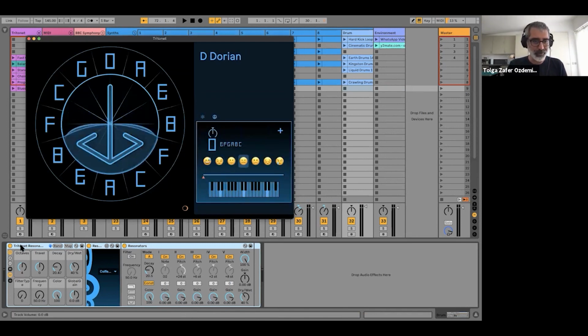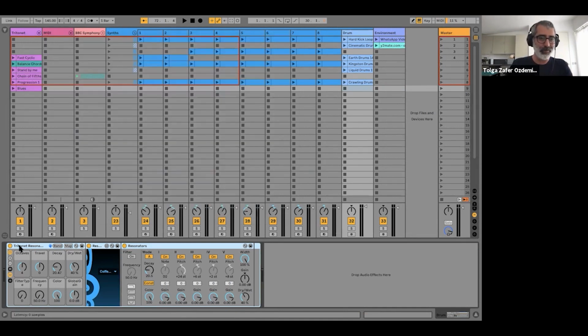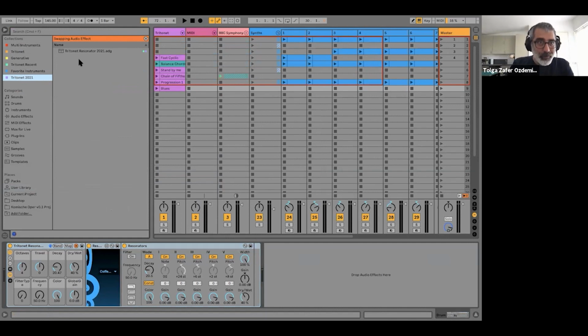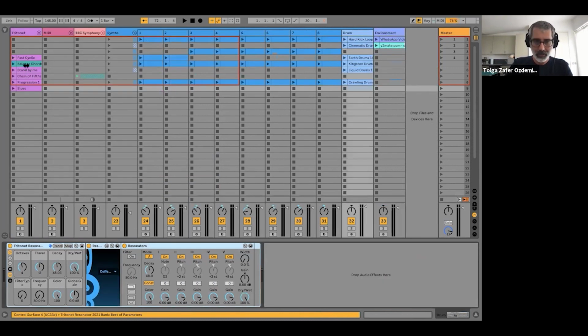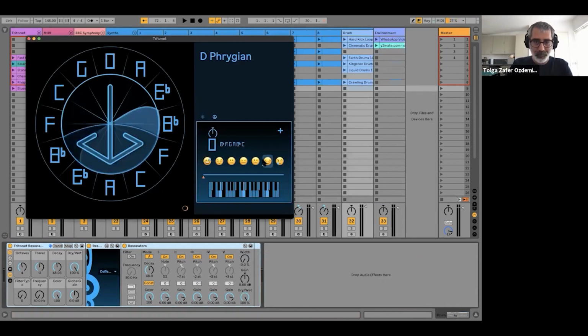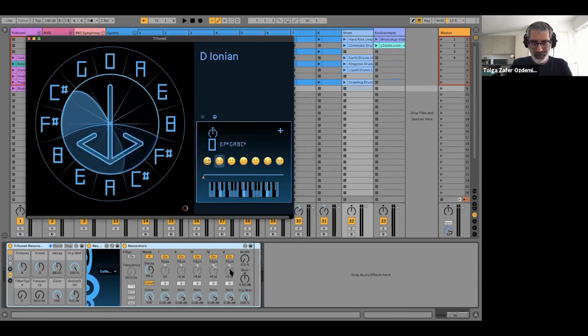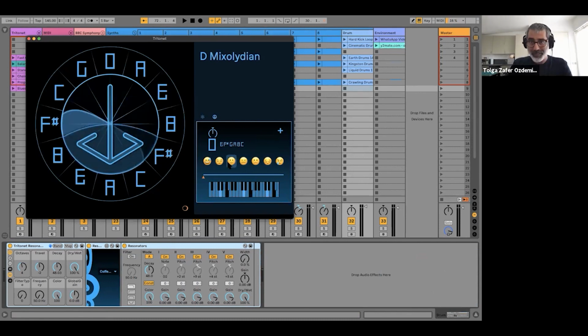Oh, this doesn't work. Sorry. There's an initialization problem. Let me do it very quickly. It's in here. Okay. If I do this again, that's going to work. This one, take this one out. Should be working now. Yeah, as you see, these are already connected to Tritonet, and you can change it